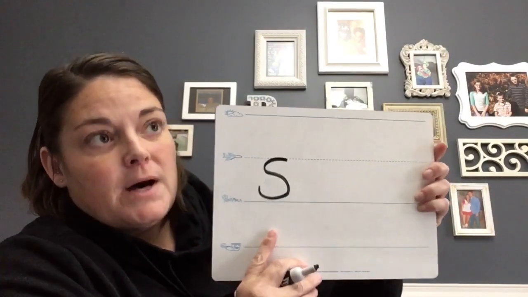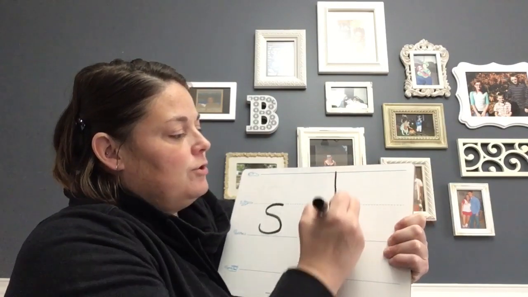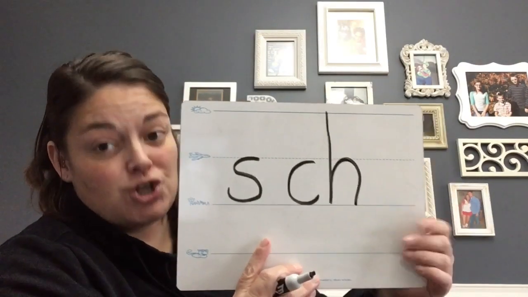There's a rule for everything. So there are times we use ES instead of S to make a base word plural. That is when the words end in S, as in bus, CH, as in lunch,